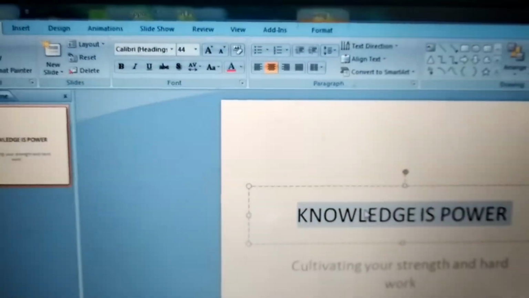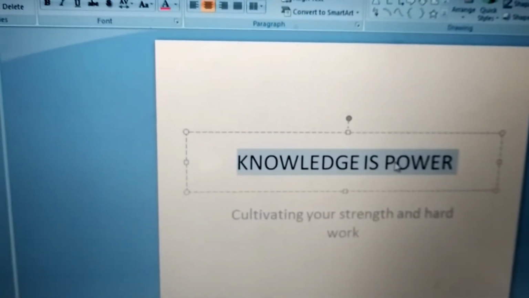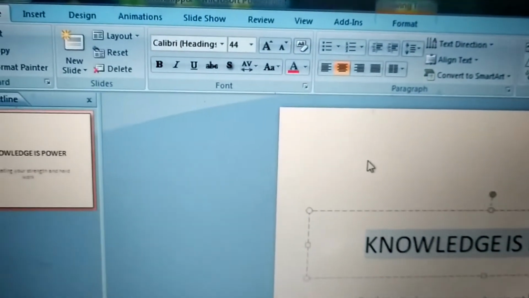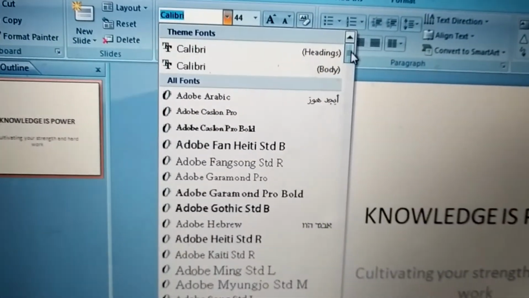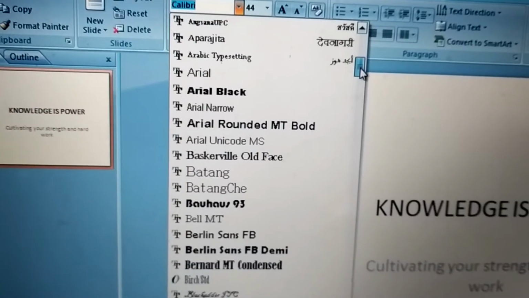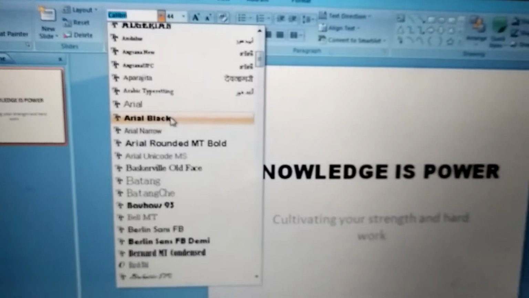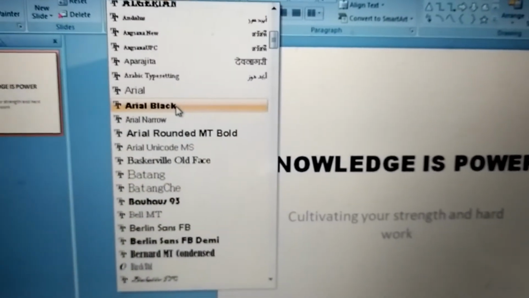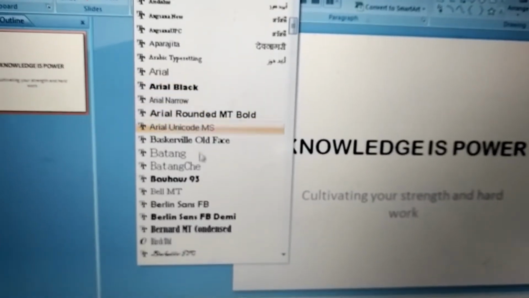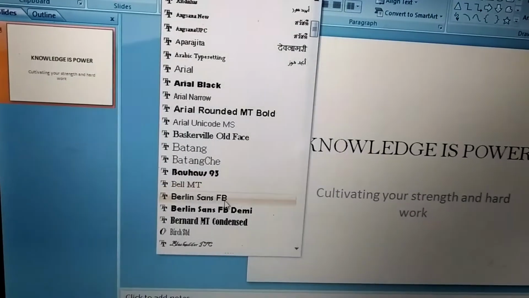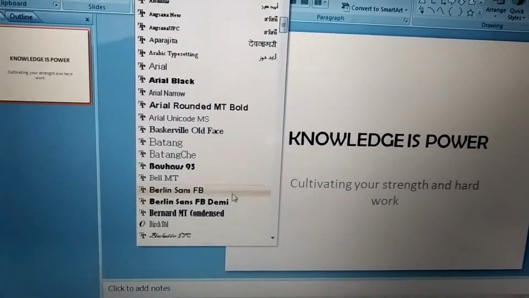Now if I want to change the font style, the way in which it is written, then I will click on this arrow button and I will select the desired font which I want to choose, which I want to apply. See, if I want to apply Arial Black, the text will appear like this. If I want to apply this one, Berlin Sans FB, the text will look like this.